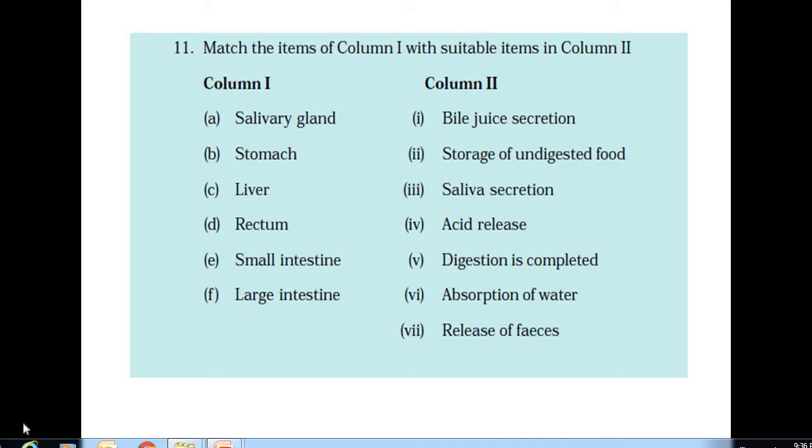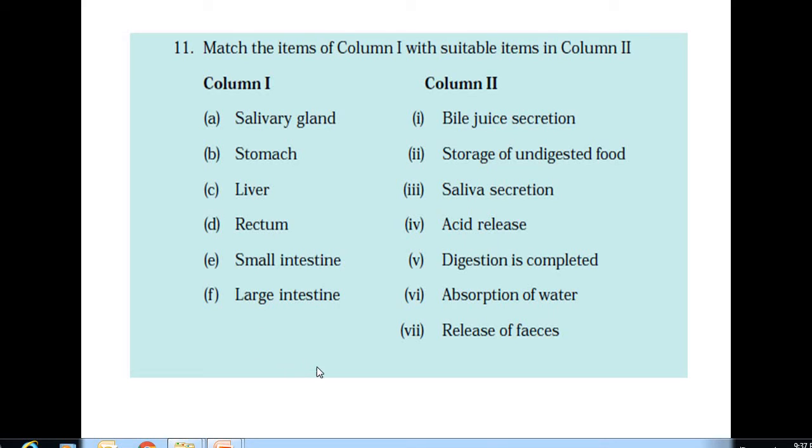Here it is given 7, but in column 1 there are only 6, so anus should also be added here. In the rectum, storage of undigested food, and the release of feces by the anus. One more you will add in this column: anus.